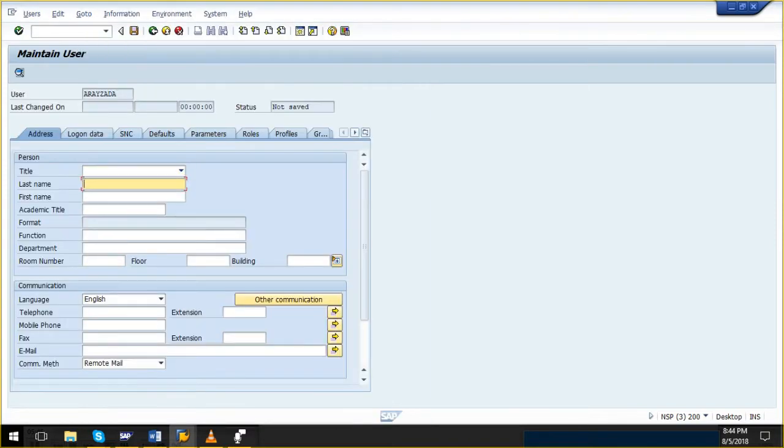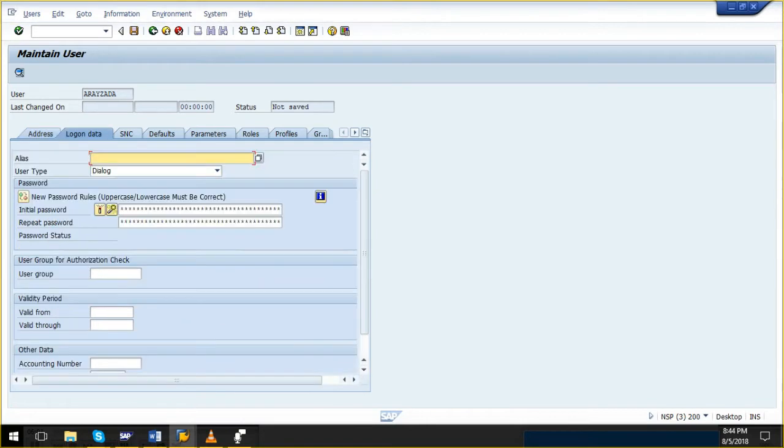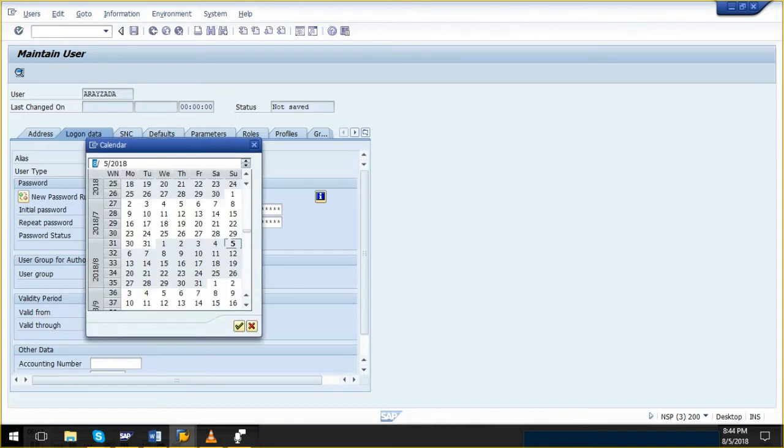Yeah, so now the last name is mandatory, and I give my first name as well. And I don't have an email right now, so I can just keep xyz@gmail.com. Then I can go to logon data, give some simple login like login123, and I can give the validity period as end of this year. Maybe I would be working for this particular company by end of this year, so I can give as